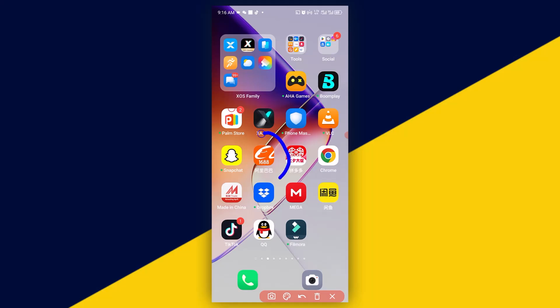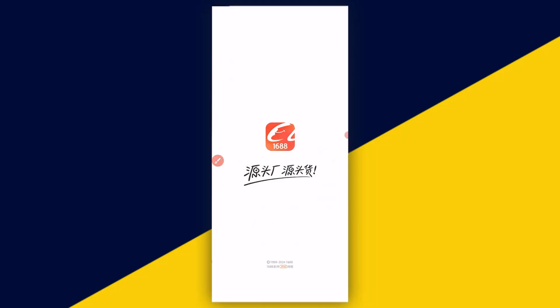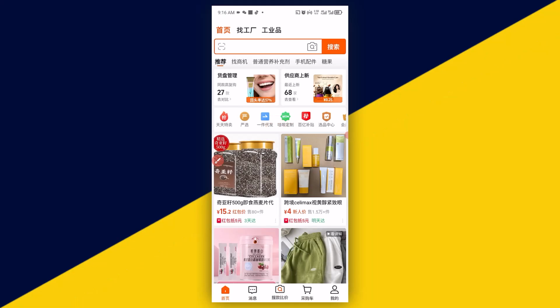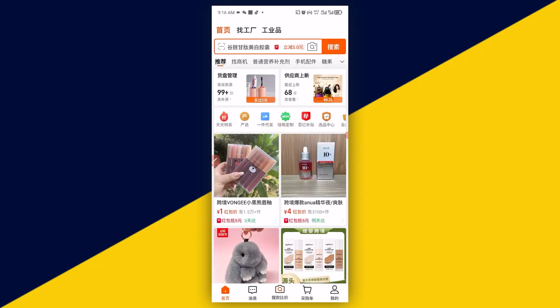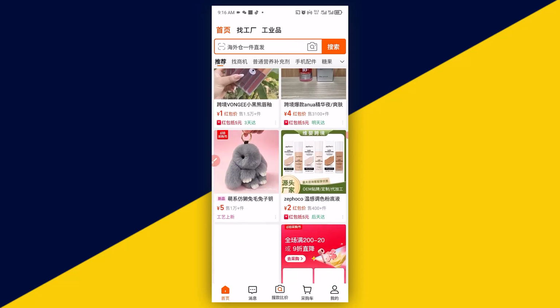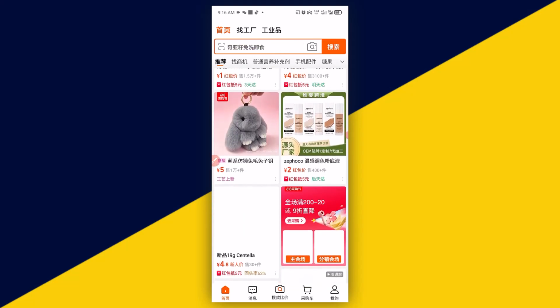Recently, the 1688 app introduced a new update which allows every foreigner to create an account with different options. You can create an account with Google or Facebook or any other options. However, if you are the type that wants to create an account on 1688 with a Google account, or you are